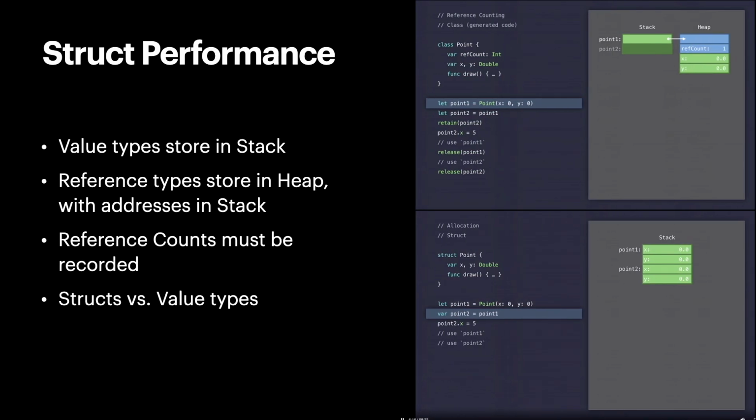You can see here that Swift and SwiftUI are a match made in heaven, partially because they're both designed with this need for speed in mind. While value types are stored in the stack, reference types are stored in the heap with addresses stored in the stack. So each time you add another reference, you're going to add to that stack. And the reference counts have to be recorded on their own, which takes up additional computation time, because every time I decide to add another leash to the dog, I have to write down somewhere that I added that leash so I don't lose track when I have 200 leashes attached to the same dog. And that becomes a really difficult dog to manage. And it just leads to this bloating in your code.